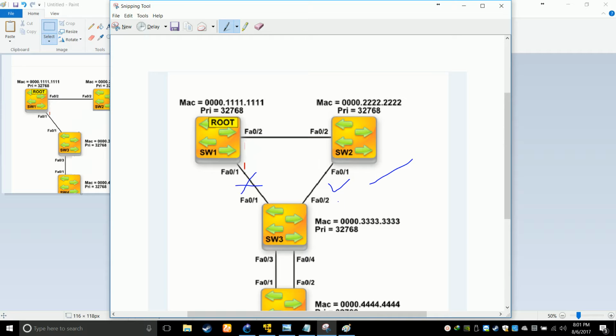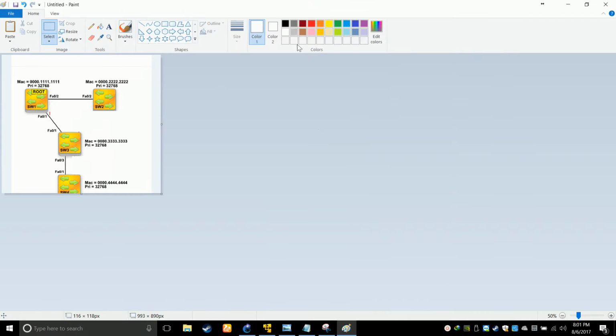And if you don't want to waste the link at all, because if you think efficiency-wise, there is a problem with this spanning tree. The problem is that these two links right now are physically connected, but they are not being used in data forwarding. To solve that problem, there is a new spanning tree, known as per VLAN spanning tree. An advanced one which will block the ports, but only for some specific VLANs. In classical spanning tree, yes, these two links are completely wasted unless some other link goes down. If this link goes down, then only this link will be used.